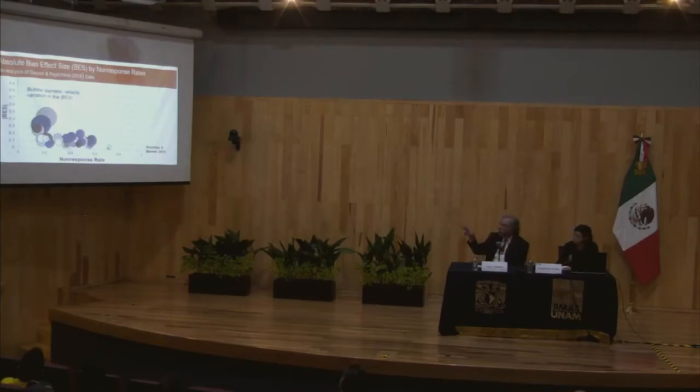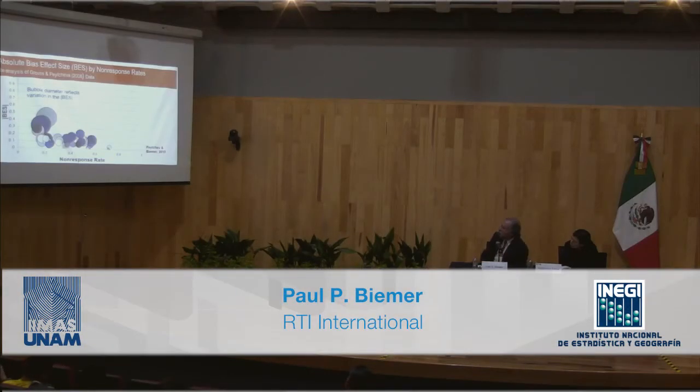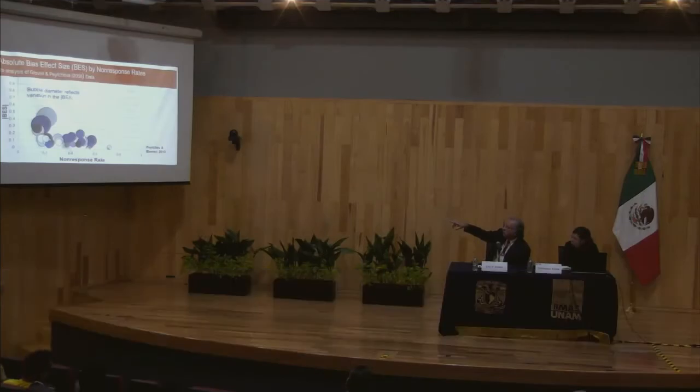Now here is the bias indicator that has been plotted here, where the bubble reflects the variation in the bias, and this is using the Groves and Peytcheva data that I showed you earlier. And you can see here that for low non-response rates, I'm wondering whether that should be... yeah, I think that should be response rates, in fact. But anyway, the idea is that there is a trend you can see here.